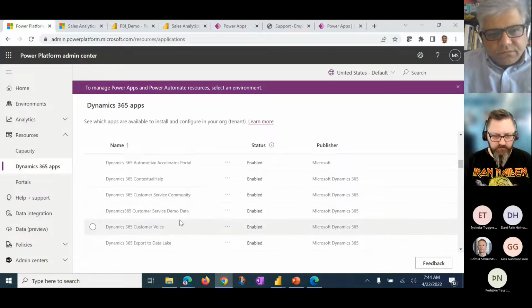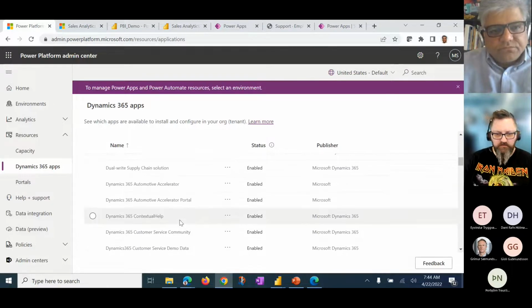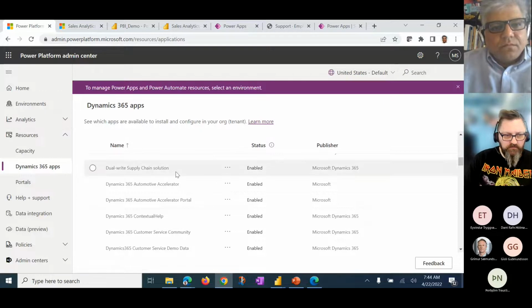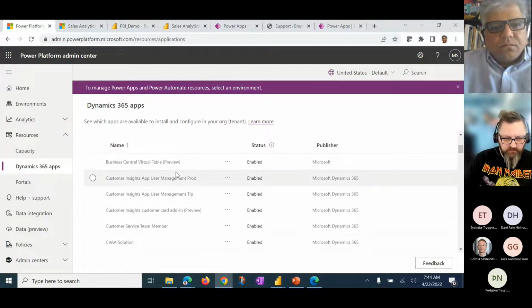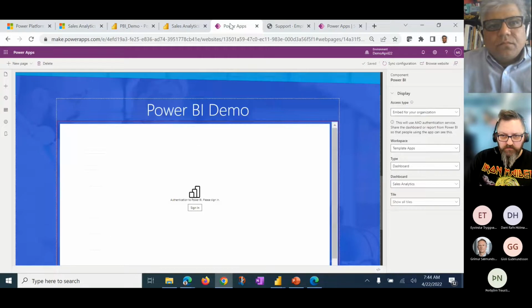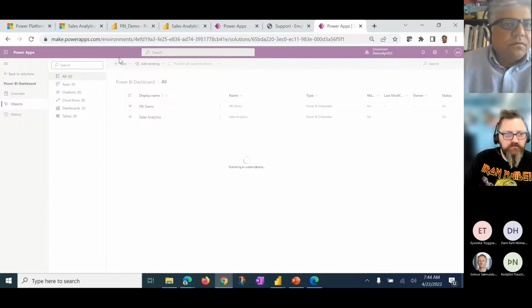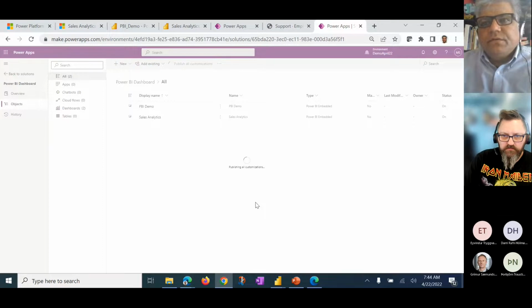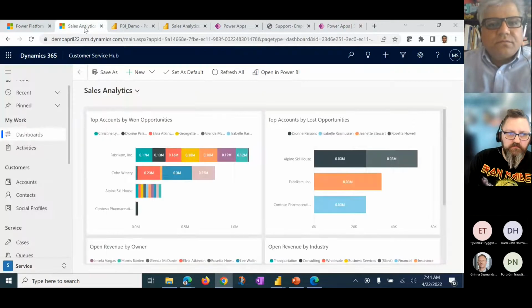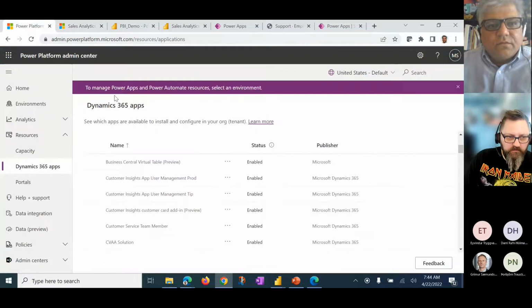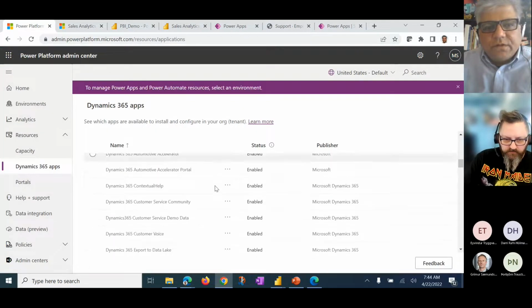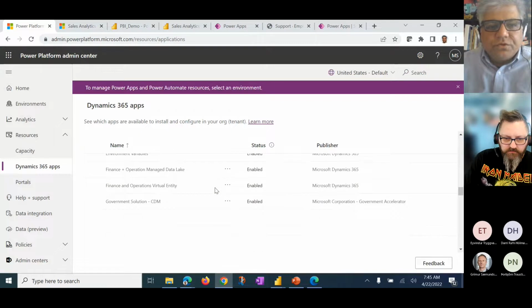Okay, so let's see customer service. I have some of these apps already enabled right here. It's still publishing. Okay. All right. So that's how you would basically be able to show your